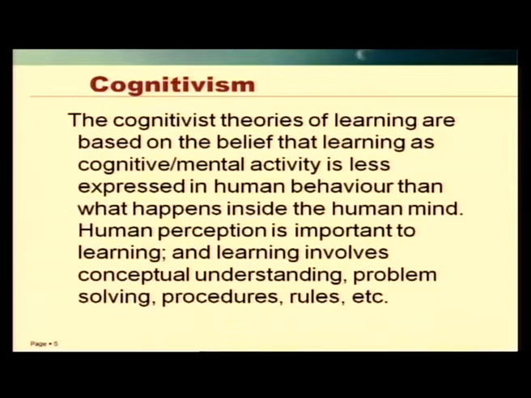What is important here, as you see, is that human perception is very important. Each individual student perceives the same teaching of the teacher differently from the others. Even twins do not perceive in the same way. Therefore, each individual's ability is important, and each individual's cognitive structure must be addressed while the teacher is teaching. Therefore, the learning devices that could be considered if you are following a cognitivist theory,